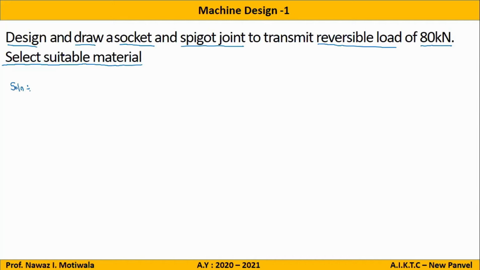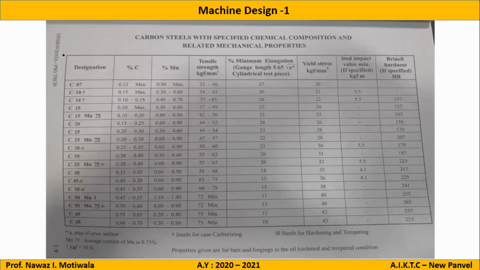So I have already given you the data book wherein we have seen that we will select the material from PSG page number 1.9. And we have also said that we will select any material from this range. As a designer, you can select any material. But for uniformity in all our calculation, let me select that this material is C50. In the earlier case, I think we selected C35. Now, let us select C50 and see what is the case.